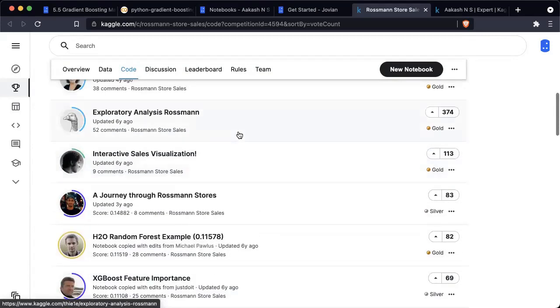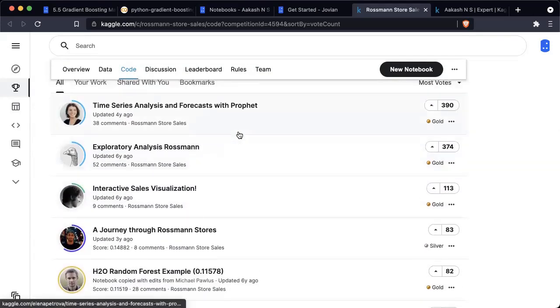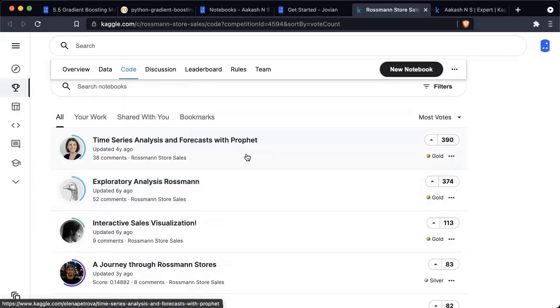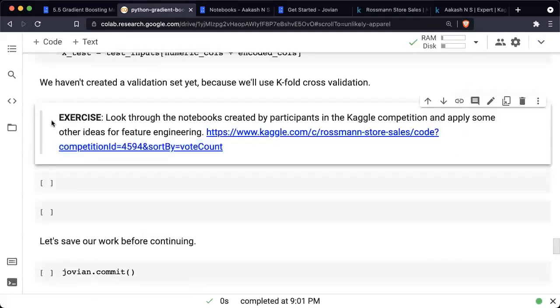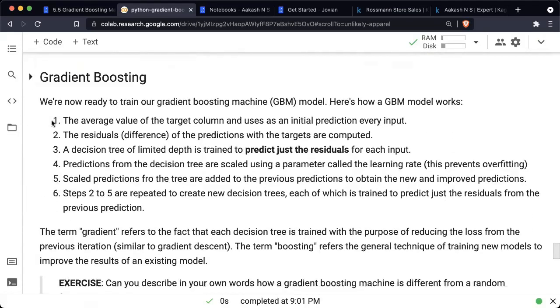And even the visualization, exploratory analysis, etc. will help you learn a lot, because a lot of these people are professional data scientists and they're putting in the same amount of care and the same insights that they apply to their day-to-day work at their job into this competition. So there's a lot you can learn, and this kind of information is not available anywhere in any book or any course. In fact, this entire notebook has been created just by looking at a bunch of different notebooks from the code tab of this competition, right? So do check that out.